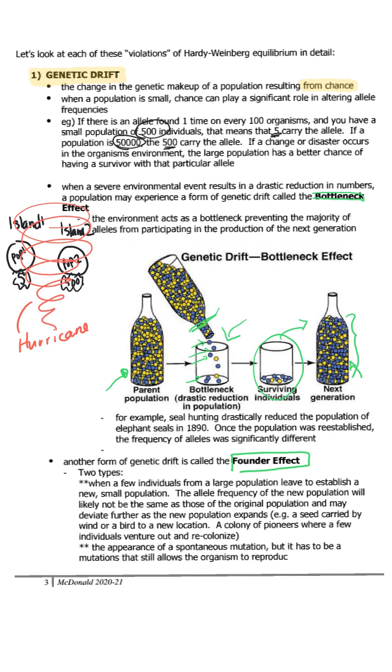If those few that decided to leave had a particular trait that was different than that other group, or even just proportionately, they're going to be a little bit different in terms of their alleles. Then they start a new population in a different area, and upon generation, that's going to be different than what their original population was that they came from. Another example, think about a seed that's carried by wind or a bird to a new location,